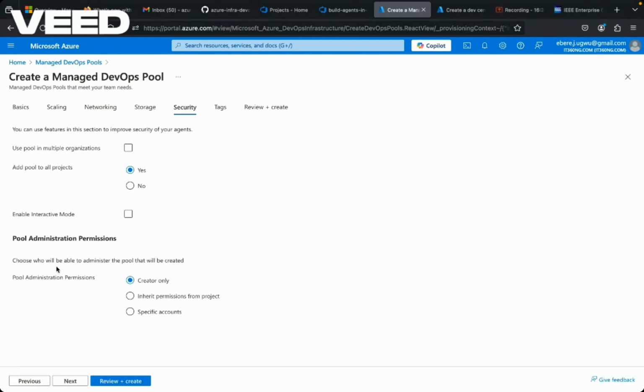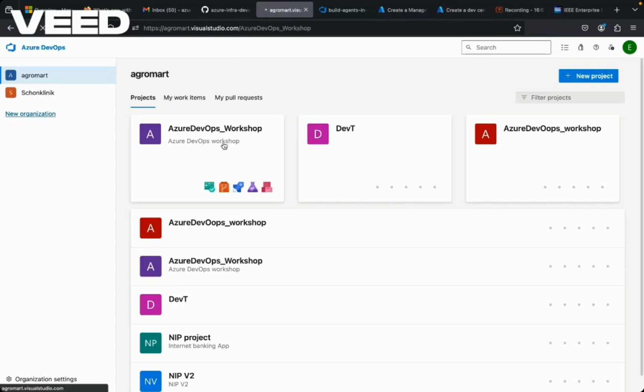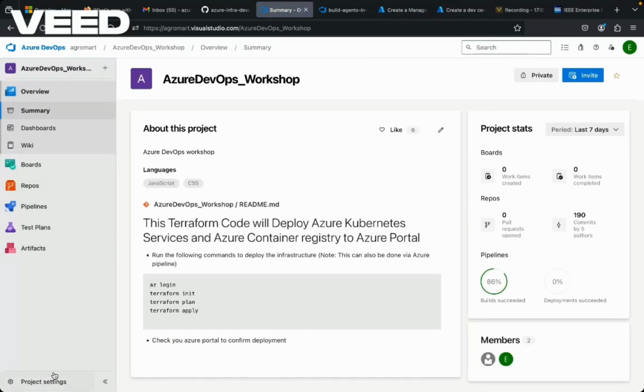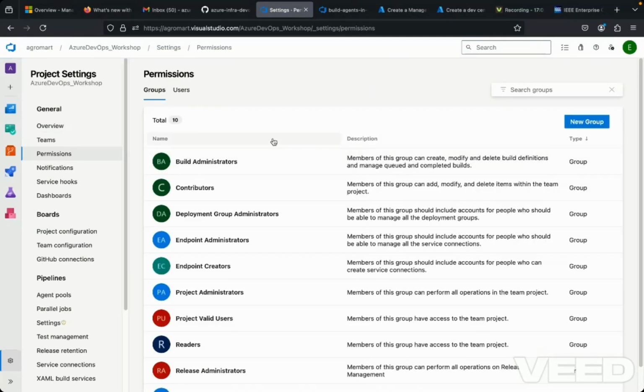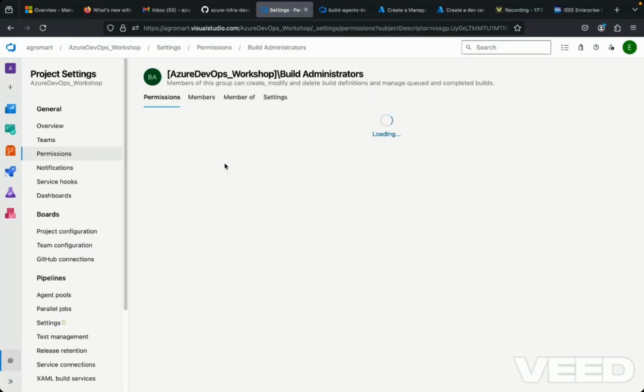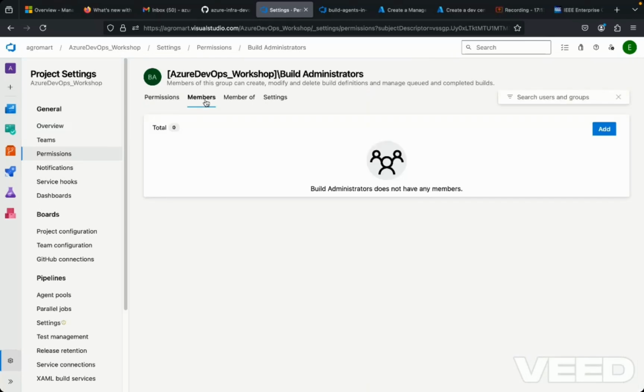Here you choose the administration permissions for this managed DevOps pool. What this means is, if I leave it to creator alone, the account which I'm deploying this with will be the only account to use it. But if I choose inherit permissions from project, then all the permissions we have assigned to users, for instance, on this project, let me check permissions. You see permission is also on the organizational level settings. Build administrators, if I check members, okay,